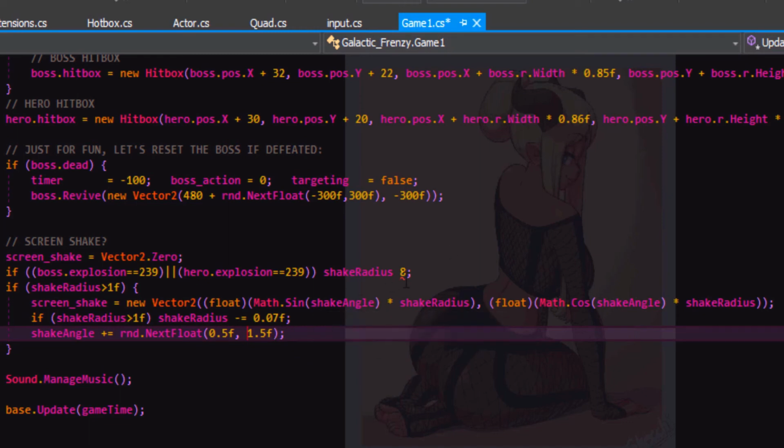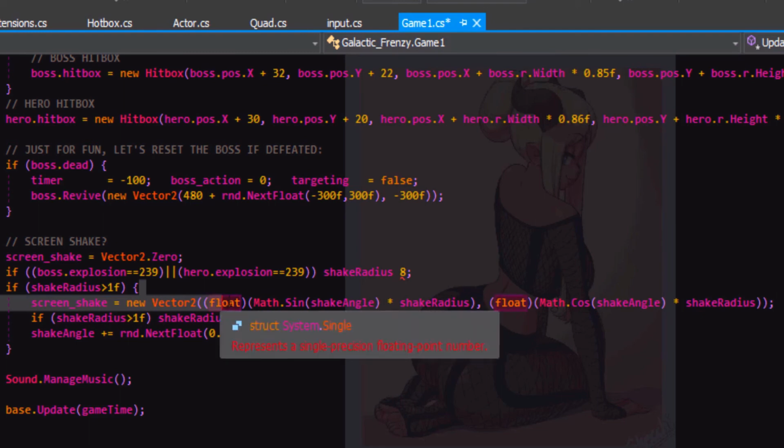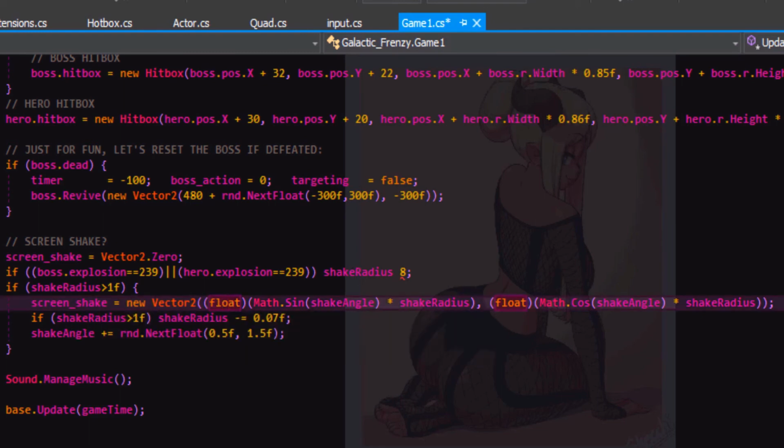So direction is going to change really quickly, but kind of randomly too. And I multiply by the shake radius, so that increases the distance of that rotated vector. This rotated vector on its own is only a length of 1. That's how this works. It's just creating a spinning vector for how much it should move the screen in a particular direction. And we count down the radius.